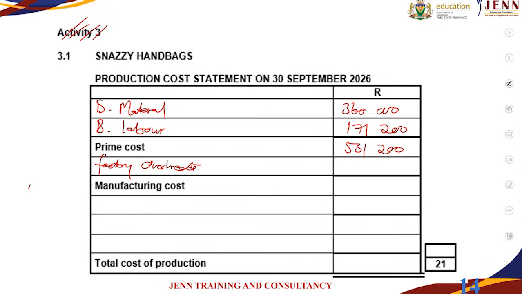We also calculated it, and the final answer was 415,380. Now, when we add them together, they give us total manufacturing cost. So it means we must now say the prime cost plus factory overheads, then our total manufacturing cost is going to be